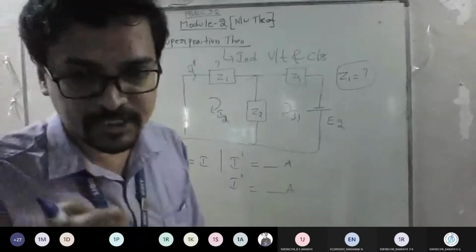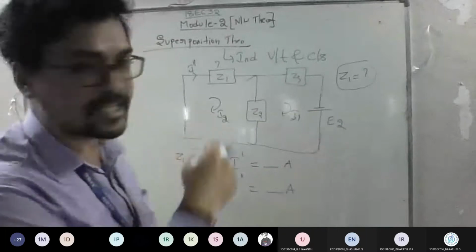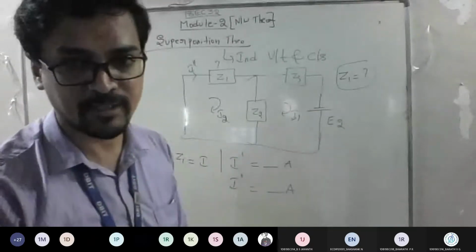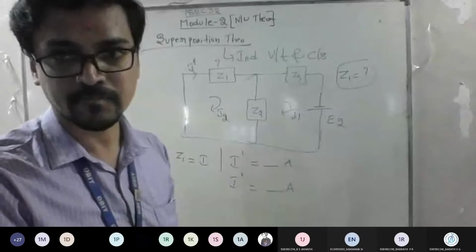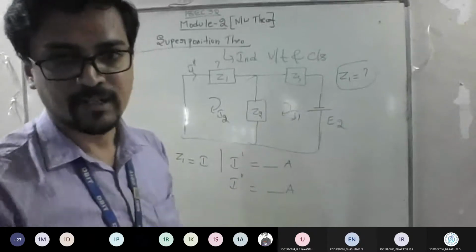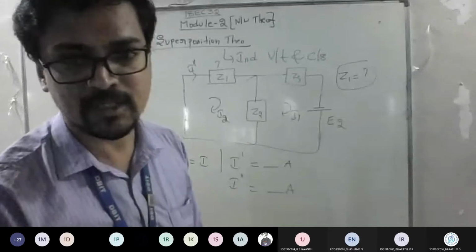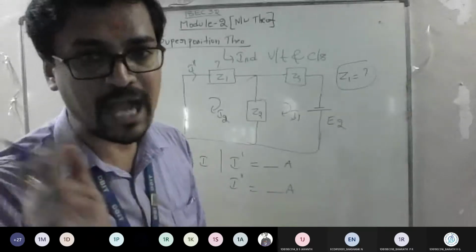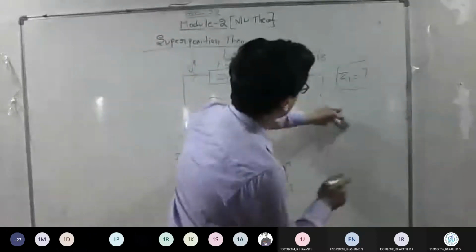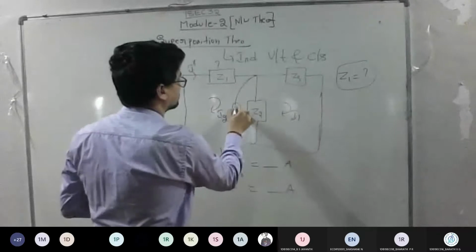Before that, if they ask you to state and prove, that proof is what I'm explaining to you. Like this, you can take any generalized circuit and explain the things I'm explaining now. Am I clear? Yes, sir. Fine. So what is the last case now? You are left with one more current source, right? Whenever you are activating the current source, you need to make sure both the voltage sources are shorted, and retrieve back your current.